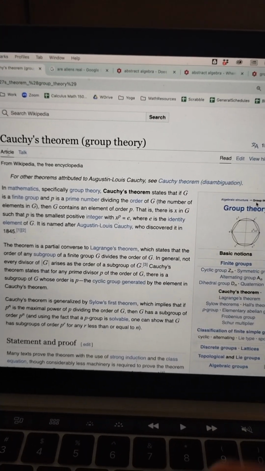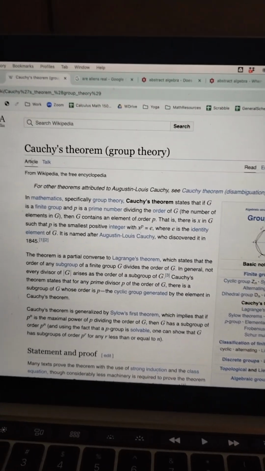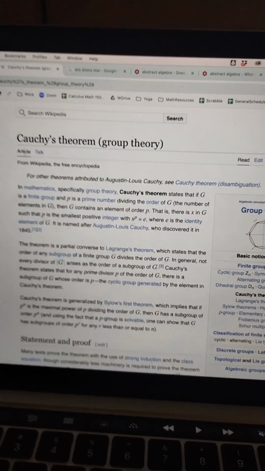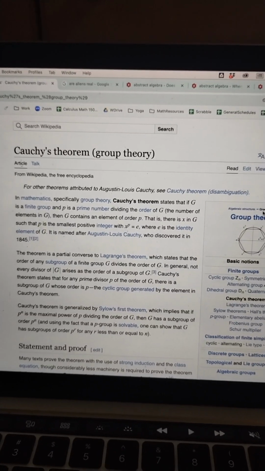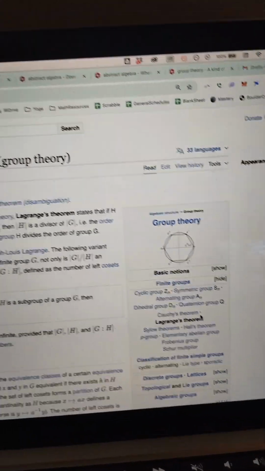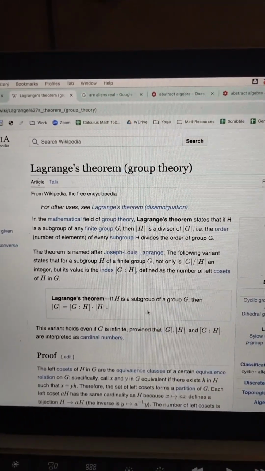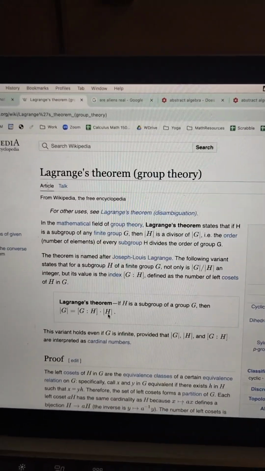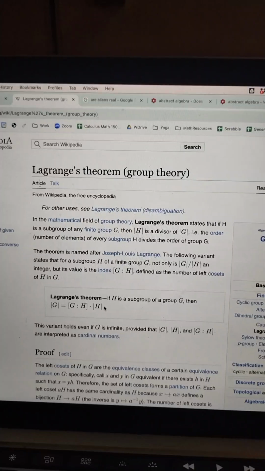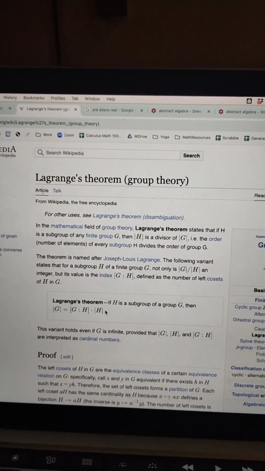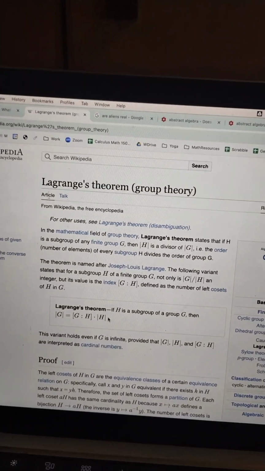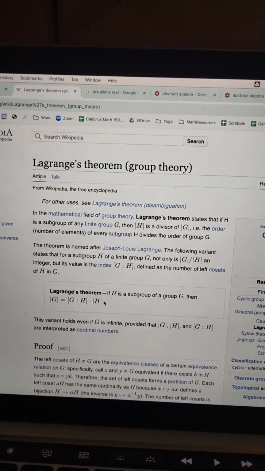And so if I have 12, maybe is there a subgroup that could have exactly 7 elements or exactly 8 elements? And when you learn group theory in an abstract algebra class, you'll learn that there are definite rules about what is possible and what's not possible. For instance, one of those theorems is something called Lagrange's theorem, which says that if you have a subgroup, then the size of the subgroup has to be a factor of the size of the big group. And so in our first example, when I said I had a group with 12 elements, you couldn't have a subgroup that had 8 or 7 elements, but you might have a subgroup that has 6 elements, or you might have a subgroup that has 4 elements.